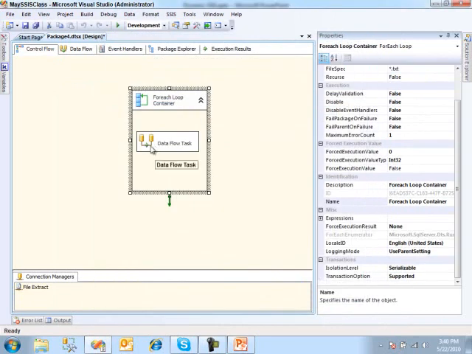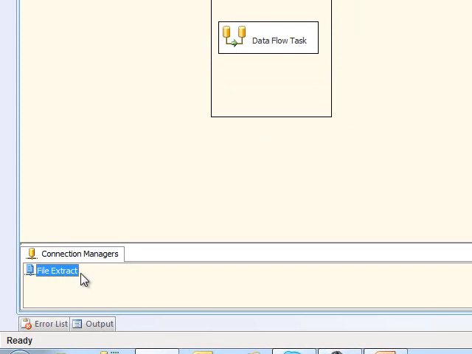Now the last step that we have to do is actually make this connection manager dynamic. So right now it's still pointing to one single file. Even though I loop over all my files inside the loop, inside my data flow it's still only pointing to one file. So because it's still only pointing to one file, it may loop 4 times, but it's going to load the same file 4 times. So to fix that, I need to change the properties of my connection manager at the bottom. So if you select or highlight that connection manager,